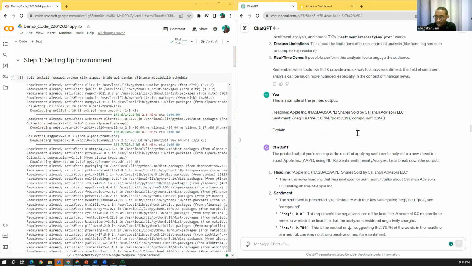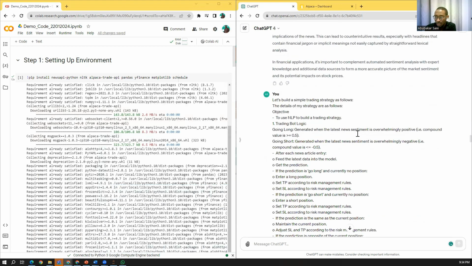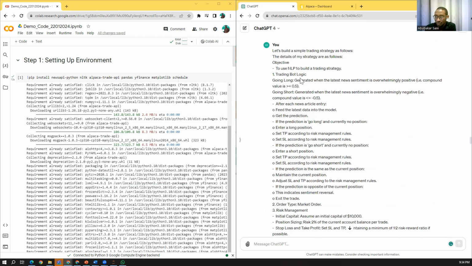So I tell it, let's build a simple strategy. My objective is to use NLP to build a trading strategy and a trading bot. This is the logic: we go long when the latest news sentiment is overwhelmingly positive, and we go short if the latest news is overwhelmingly negative.